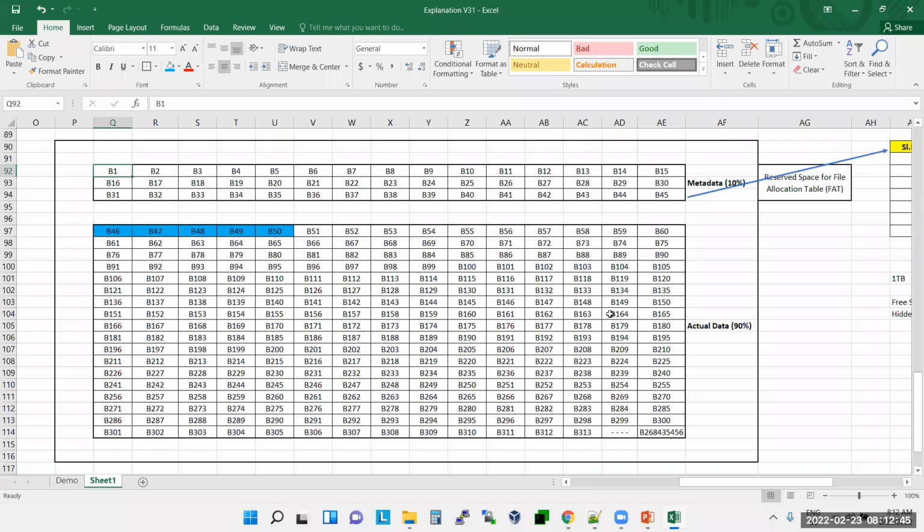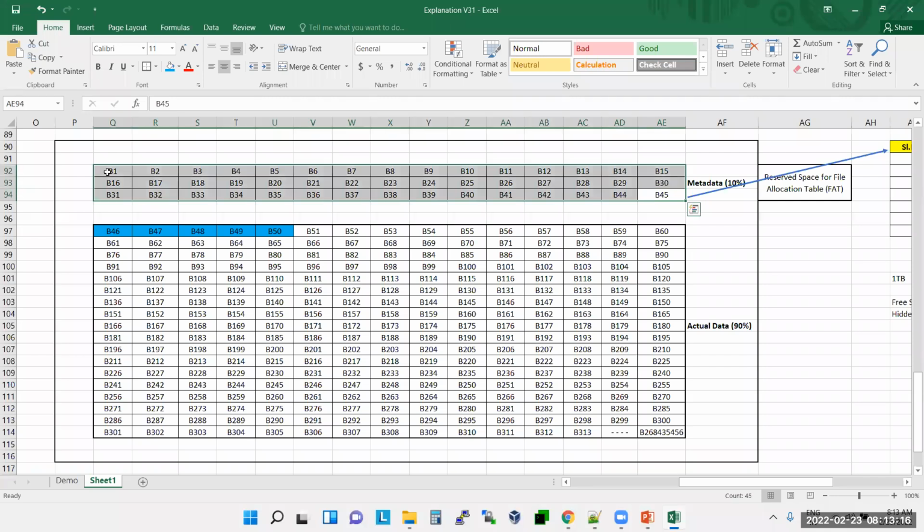Your disk is 50% full, and the metadata area is also 50% full. The more data you store, the more metadata will come. If you store less data, less metadata. By the time you fill 100% of actual data, the metadata area will also become 100%.